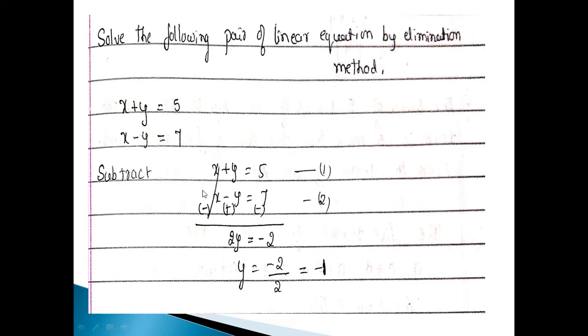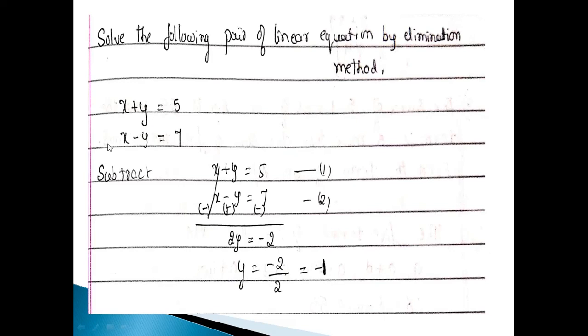So this is plus x minus x cancel, means plus 1 minus 1 is 0, like that. Here it is plus 1y plus 1y. Both are plus, we have to add these two, 2y. Here this is plus 5 and this is minus 7. Minus 7 and plus 5, if we subtract we get minus 2. Is it not? So y is equal to minus 2 by 2, that is equal to minus 1. That means what? We are getting one of the values, that is y is equal to minus 1.